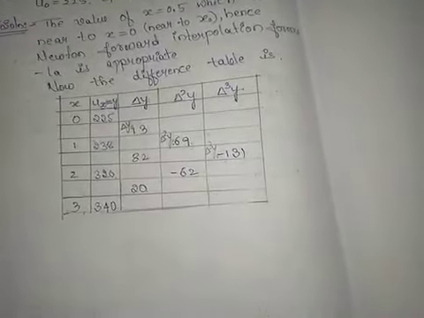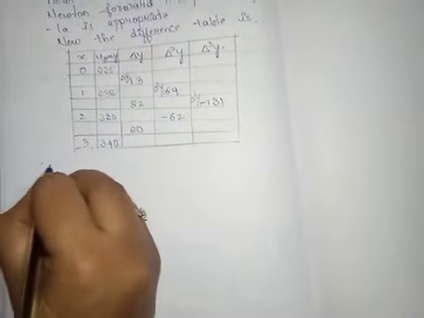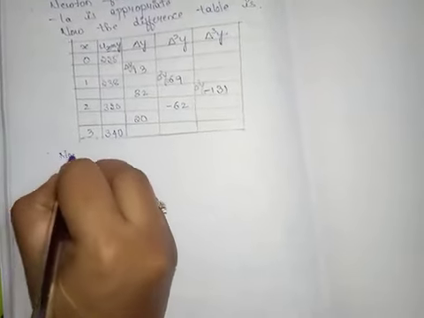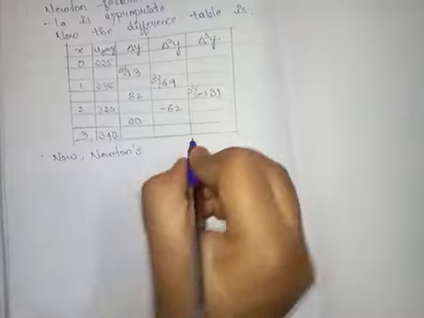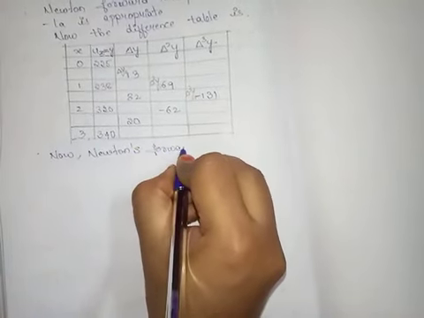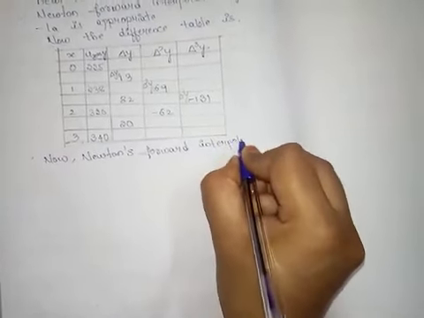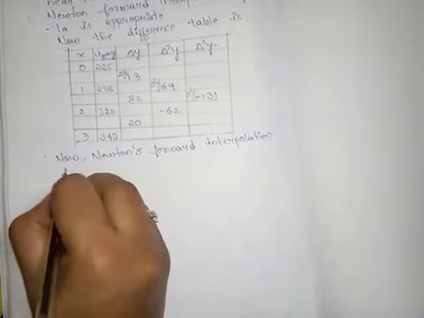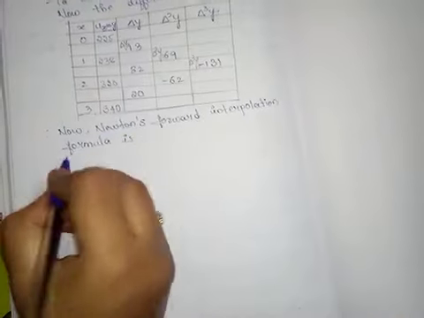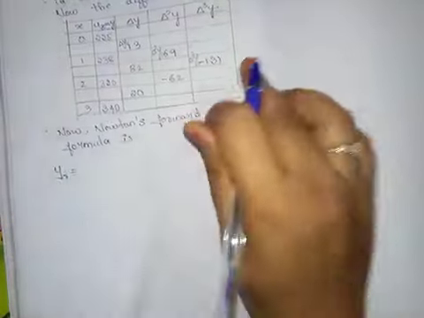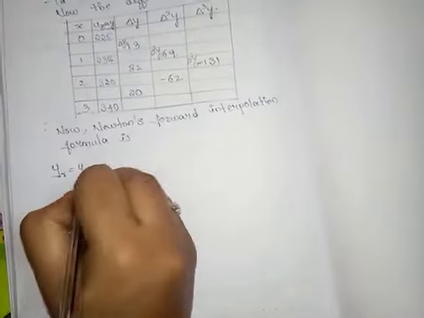Now, Newton's forward interpolation formula is y r is equal to, and here we have up to the third difference, so we write up to the third difference term